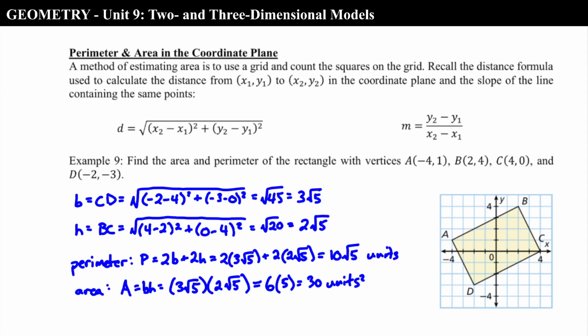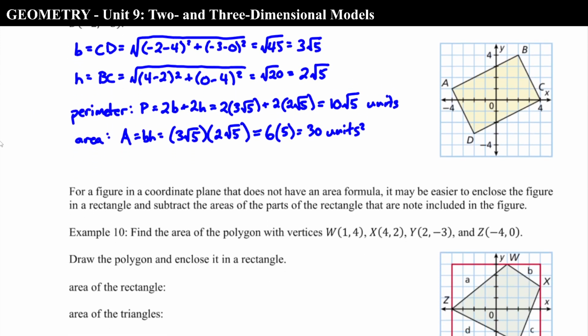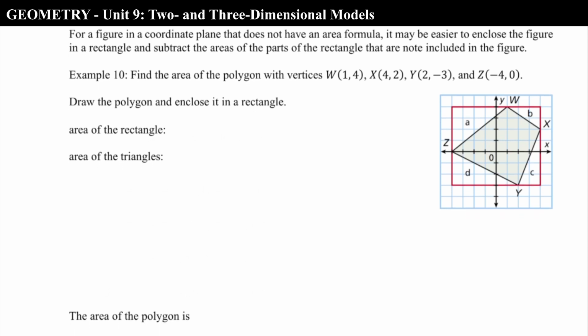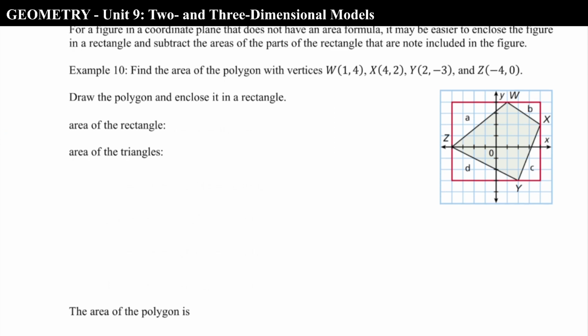So this is one method to find the area of a figure in the coordinate plane. If we know what shape the figure is, we know what formula to use, and it's just a matter of finding the side lengths that we need. Now for a figure in a coordinate plane that does not have an area formula, it may be easier to enclose the figure in a rectangle and subtract the areas of the parts of the rectangle that are not included in the figure. So to do that,